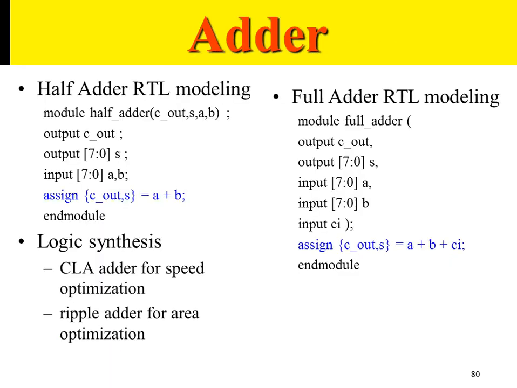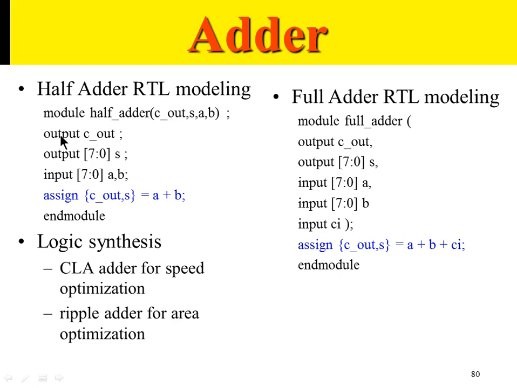Fine. So moving forward, now implementing adders in Verilog. As we know, there are mainly two types of adder: half adder and full adder. I want to implement a half adder, module half adder, cout, S, A and B. This is my port list. Cout is a single bit output port. S in this case is an 8-bit output port. Why? Because A and B inputs are 8 bits. A and B, each of them is 8 bits, so the sum output will be 8 bits